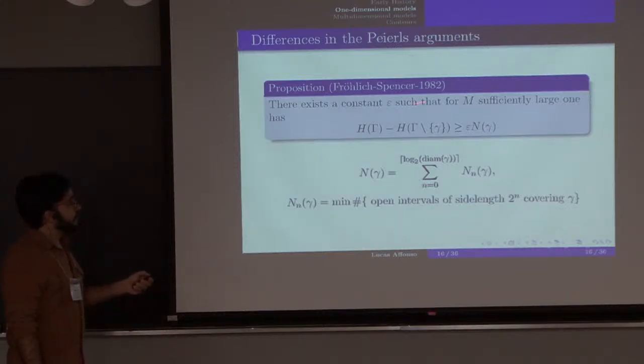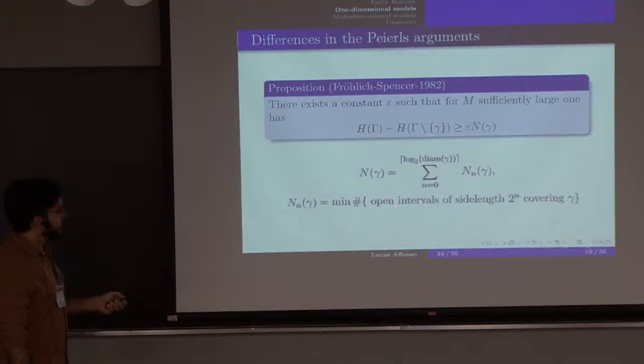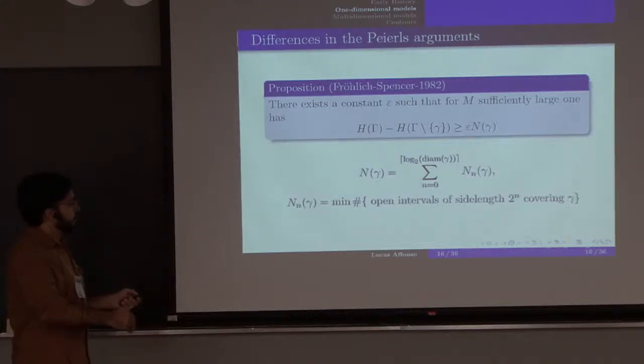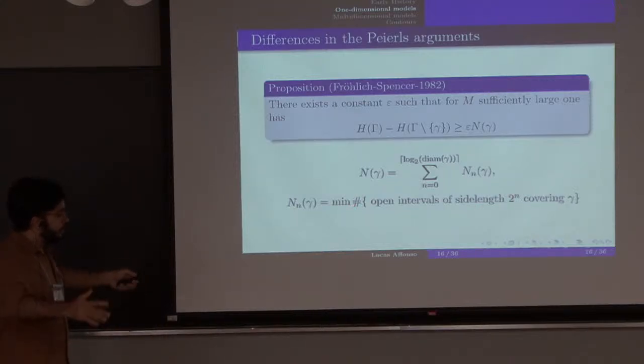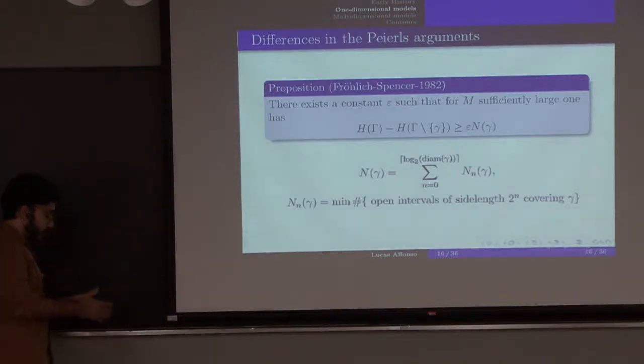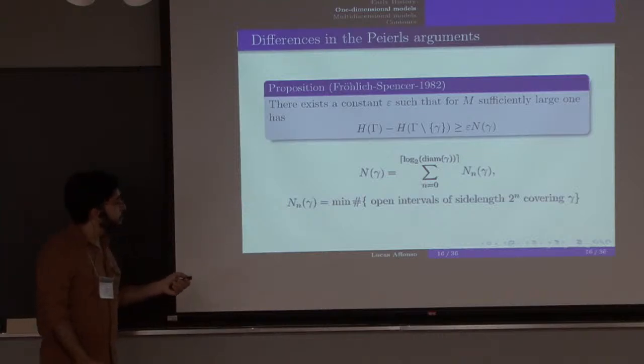you get an energy estimate, a lower bound on the energy, that now is not controlled with respect to how many spin flips you have, but they control it with this quantity right here that is just the sum over every n: you take the minimal number of open intervals of side length 2 over n covering the set. You sum this quantity over here. This is quite a strange quantity to look at,